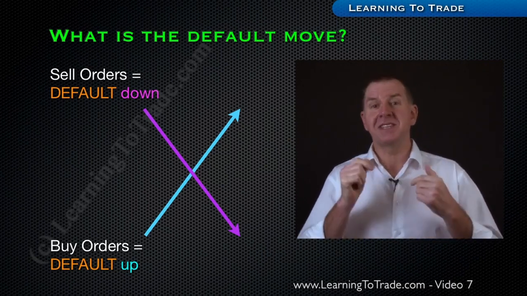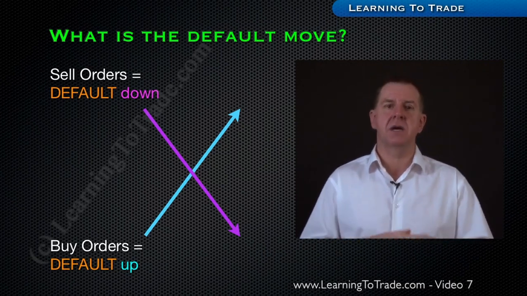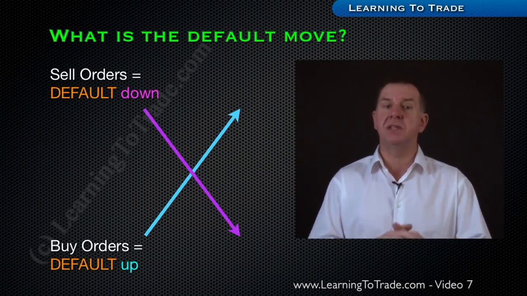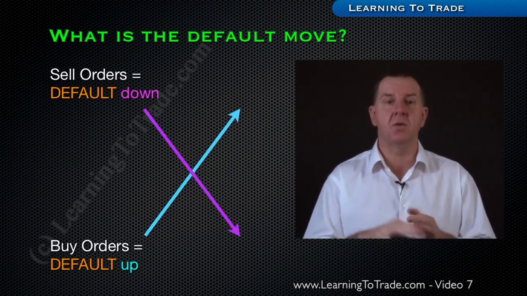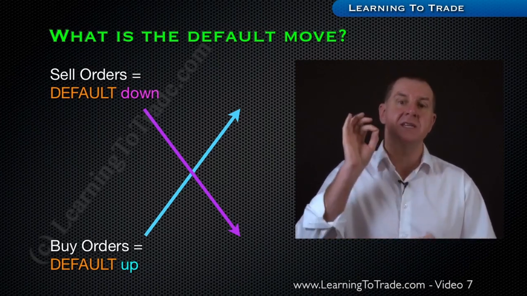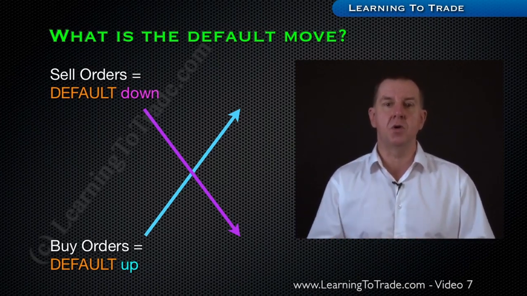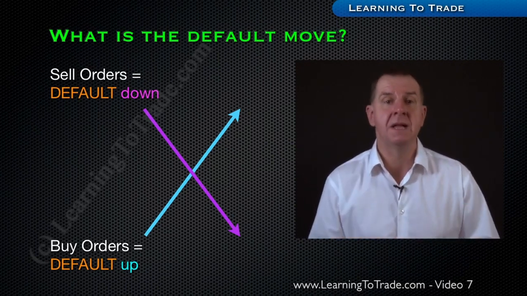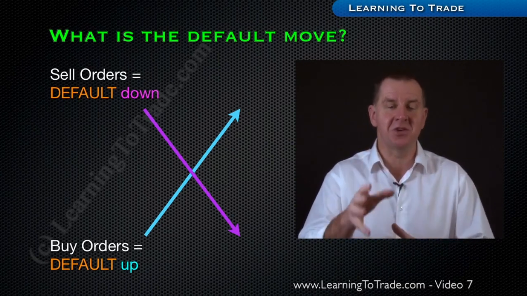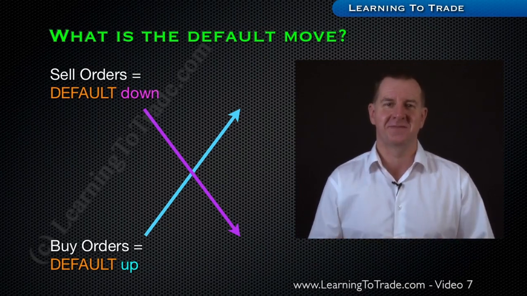Now, since we can safely assume that the market makers are a profit-driven business and have no intention of losing millions of dollars on a single move, we can by default say that if the market makers are accumulating sell orders, the default market move will be down. If they've been accumulating buy orders, the default move will be up. Maybe now you can see the value in discovering the contents of the box.